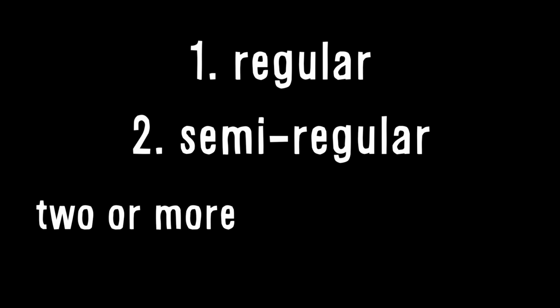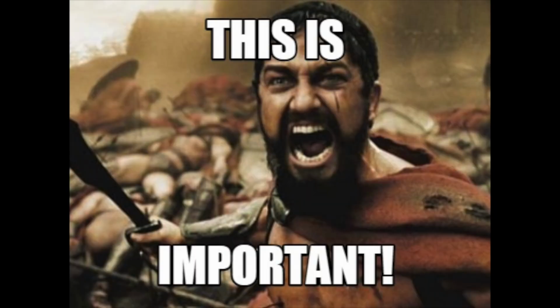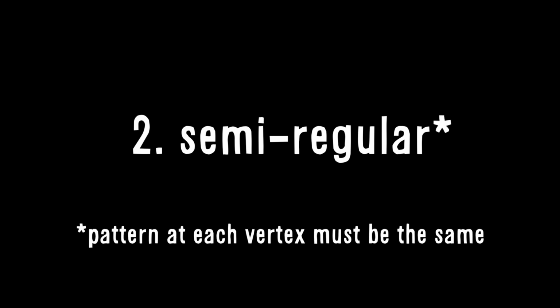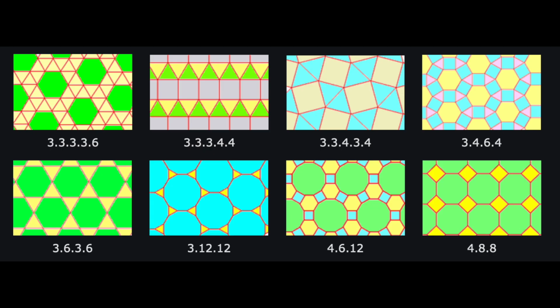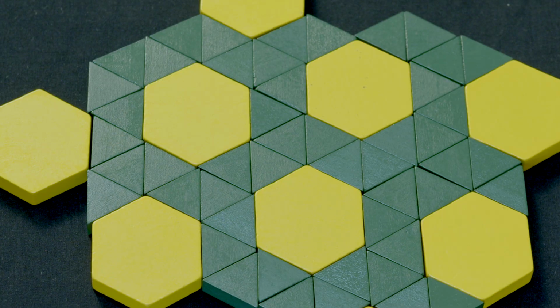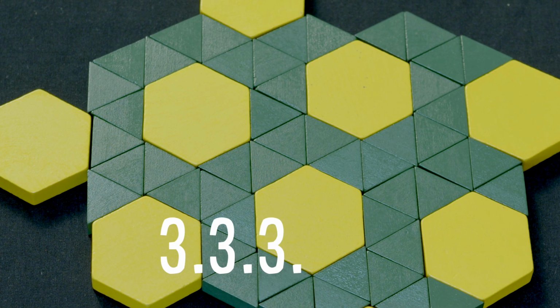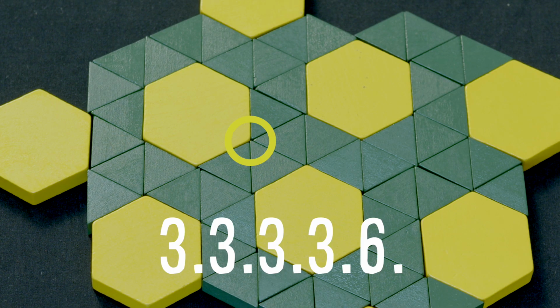Semi-regular tessellations are made of 2 or more regular polygons. One important identifier to a semi-regular tessellation is that the patterns at each vertex must be the same. There are 8 different types of semi-regular tessellations. This one is called 3, 3, 3, 3, 6 because each vertex has 4 triangles and a hexagon that